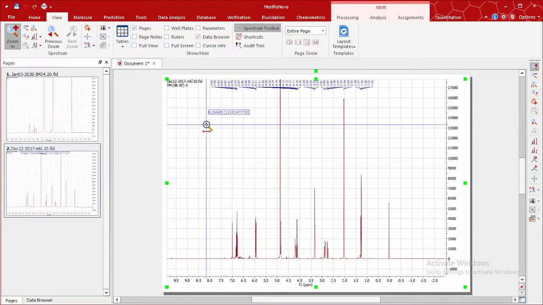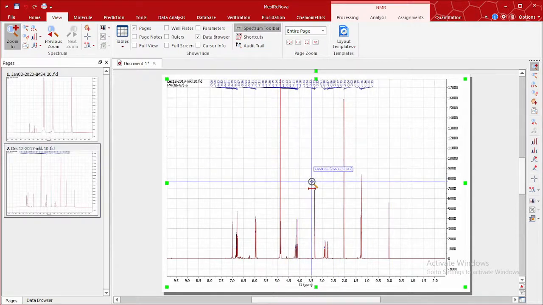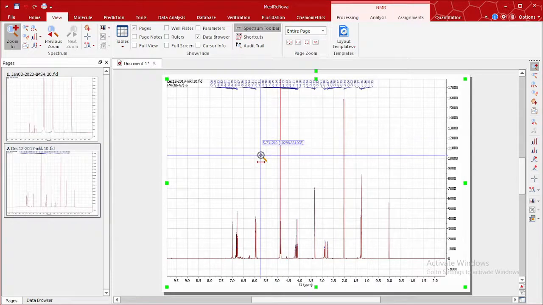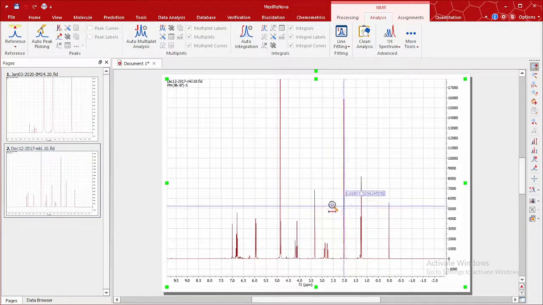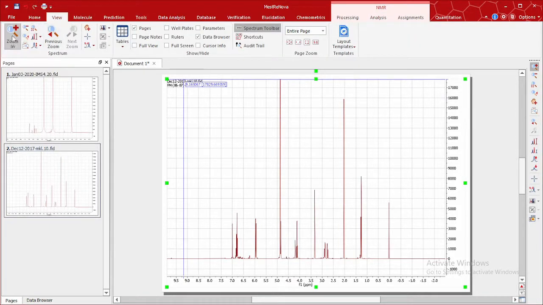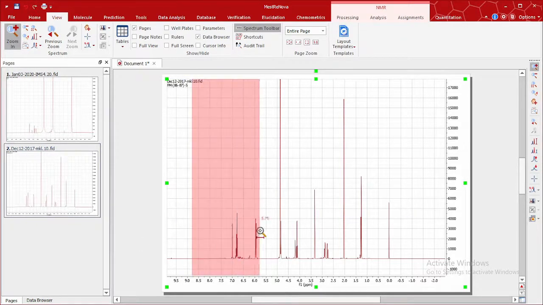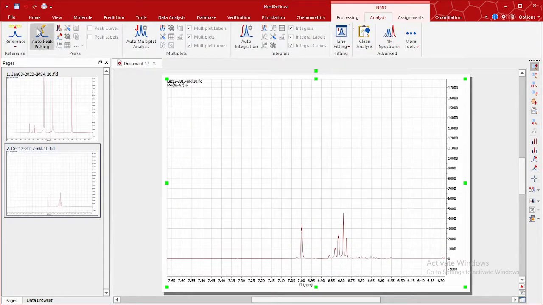So that is peak picking using automatic and manual. The last but not the least way of peak picking is by using pick by pick. So let us delete the peaks that we have picked. We have deleted all the peaks that we have picked so that we can practicalize the pick by pick method. First of all, I always advise make sure you zoom in to the peak that you want to pick. You zoom in very well, so then you can go back to your process. Then we can locate the pick by pick tab. When you click it,